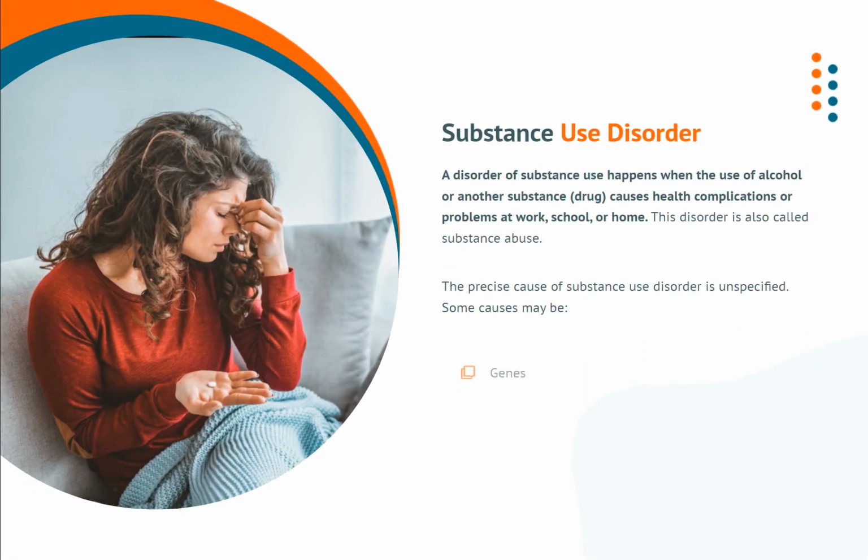Substance use disorder. A disorder of substance use happens when the use of alcohol or another substance, drug, causes health complications or problems at work, school, or home. This disorder is also called substance abuse. The precise cause of substance use disorder is unspecified. Some causes may be